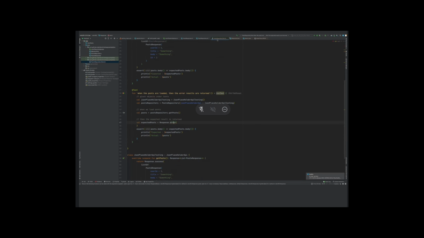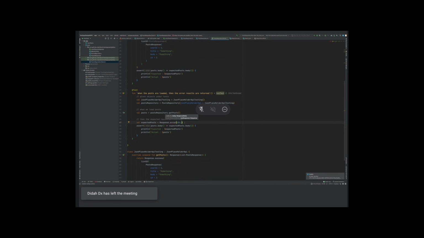Okay, so I can just come here and give some error code like, I don't know, 44, and the response body, create. Did I create enough information to infer T? Okay, let's give this some type of